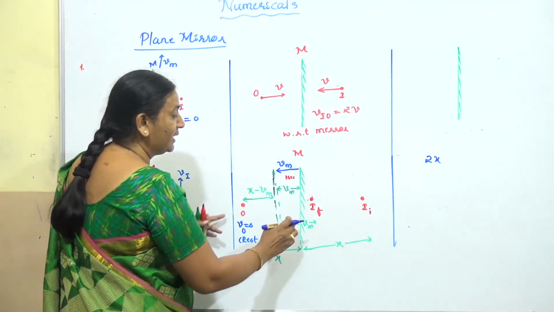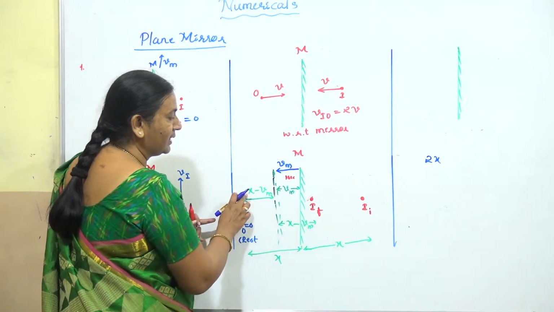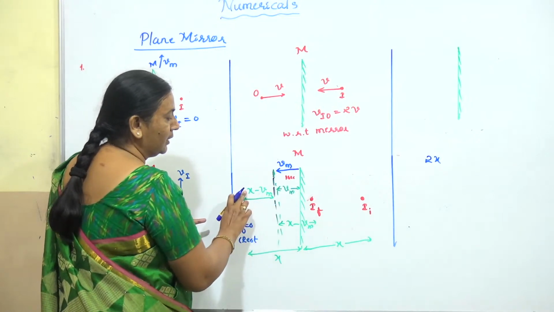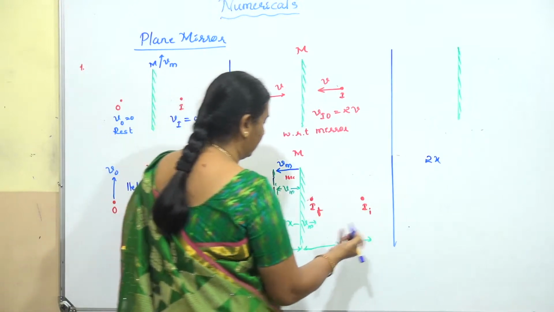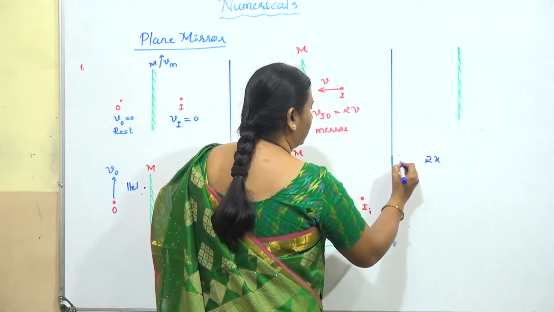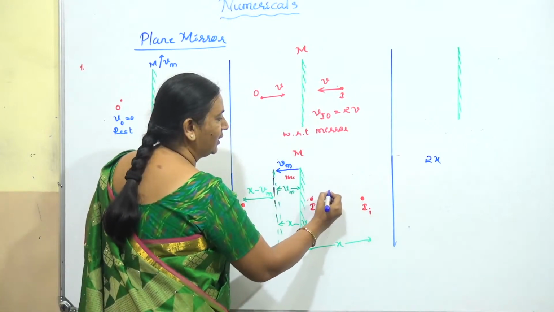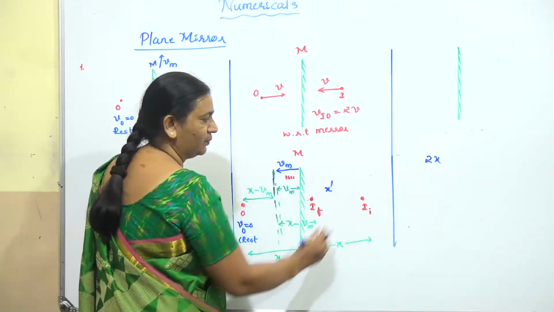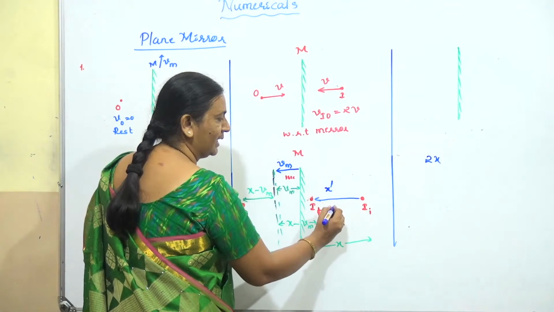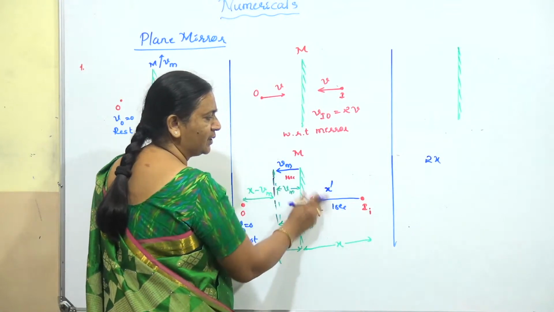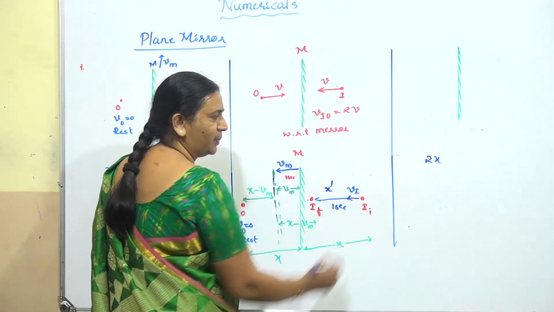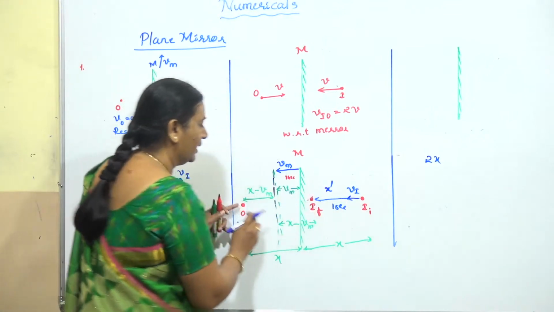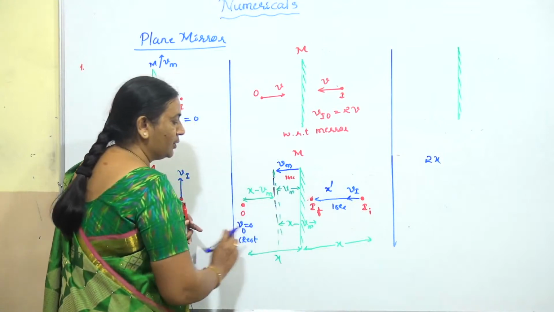Now how much is the distance right now? It is 2 times x minus Vm. So how will you get this distance easily? If I call the new distance x dash, it has moved a distance x dash in 1 second, and this by this itself becomes its speed. It is the image speed with respect to the object, because I am finding the total distance. So 2x